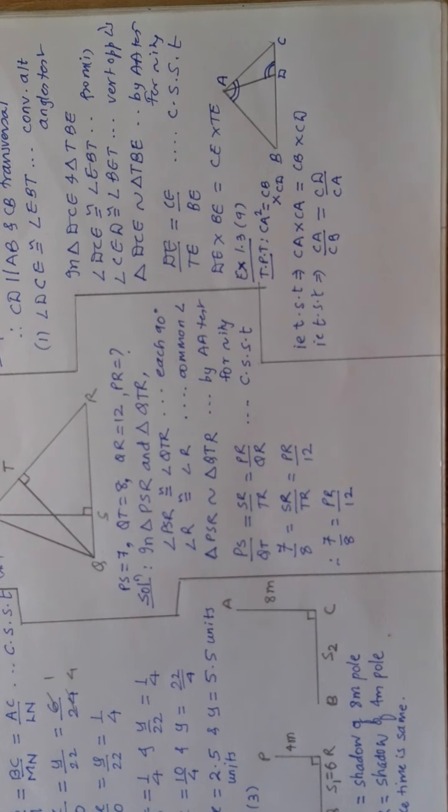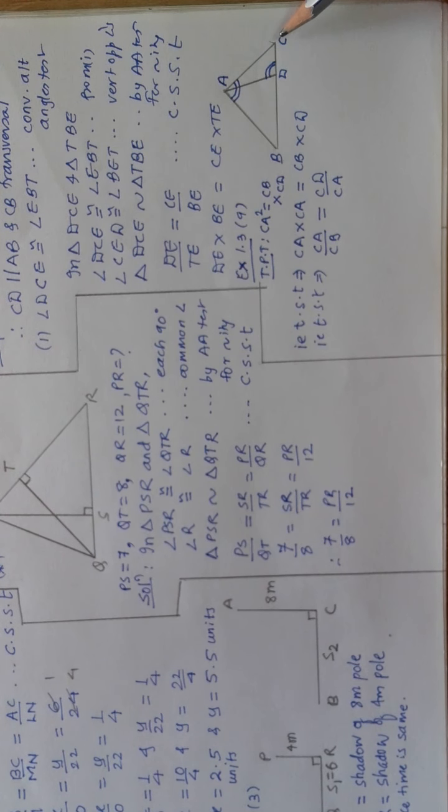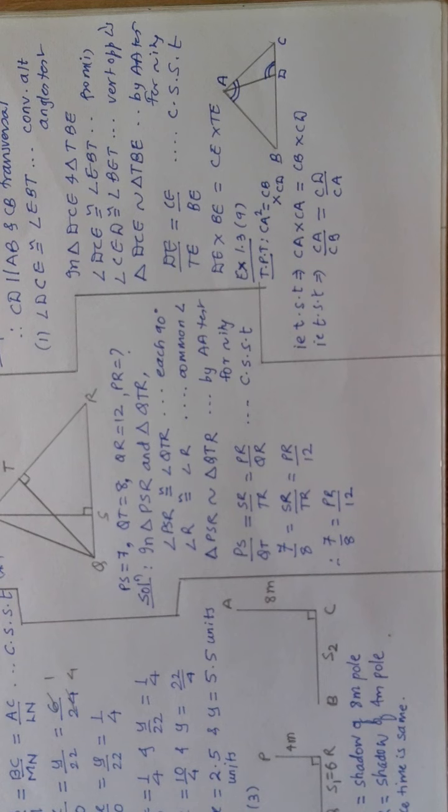So what are CA and CB? Let me understand that. CA, and this is CB. That means CA and CB are two sides. If I merge the third side in that, I will get this triangle CAB or ABC. Getting it? Now if I take CD and CA, this is the triangle. Right? So in very short, I can say here that I need to show these two triangles similar.